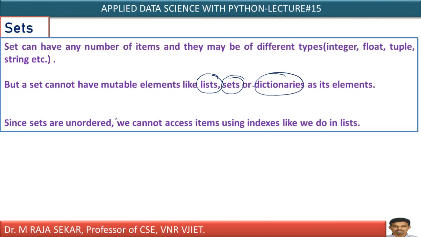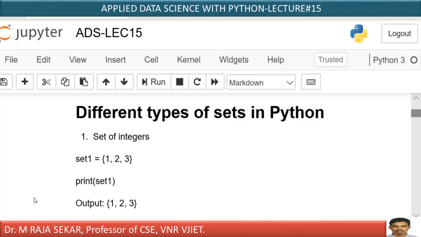But by definition itself, we discussed that set elements must be immutable. Therefore, in sets, you can keep a tuple. Why? Because a tuple is immutable. You can even keep a string in sets. Why? Because a string is immutable, isn't it? Yes. Even sets are unordered. That's what we discussed in the first slide itself. Therefore, we cannot access items using indexing, as they are unordered elements. Therefore, I cannot make use of indexing on sets. Anyway, we will try to understand one by one.